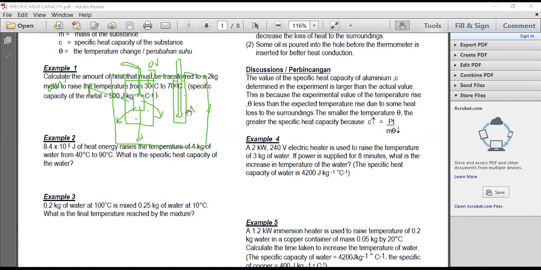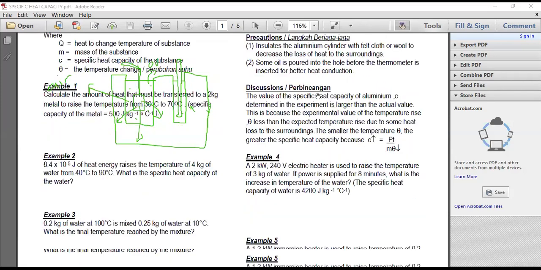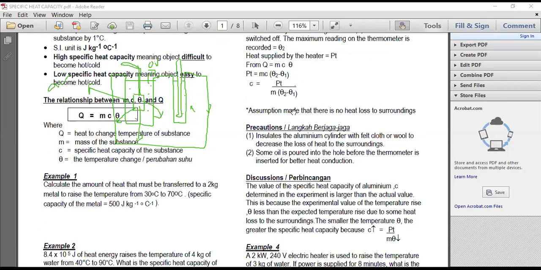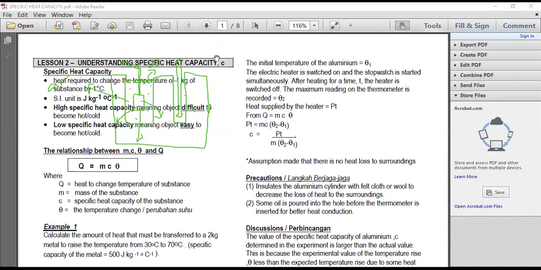When you do the experiment, the value of C calculated here is usually higher than the actual value. Why? Because when we use this formula, we assume that all the heat from the heater is absorbed by the aluminium. But in reality, this is not going to happen. So if we use Q equals MC theta,